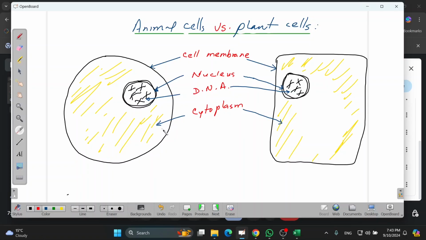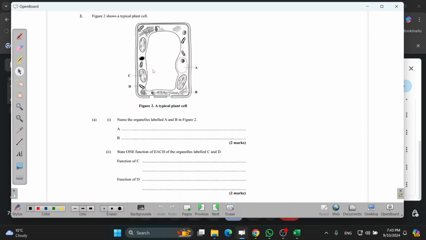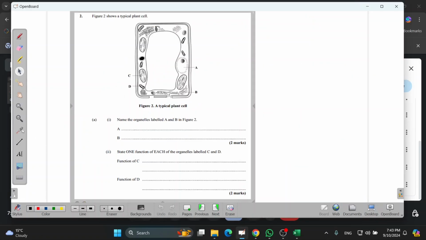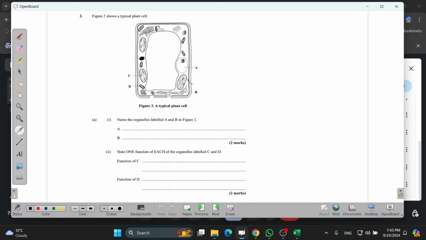What do we call organelles? It's all the other stuff that we have inside the cells, right? Like this one here, for example. Look, there are some that look like a hot dog. Look at this one now. It looks like a hot dog, doesn't it? What do we call these ones? Don't ever forget the ones that look like a hot dog. Look, on this past paper question, can you see the ones that look like a hot dog?